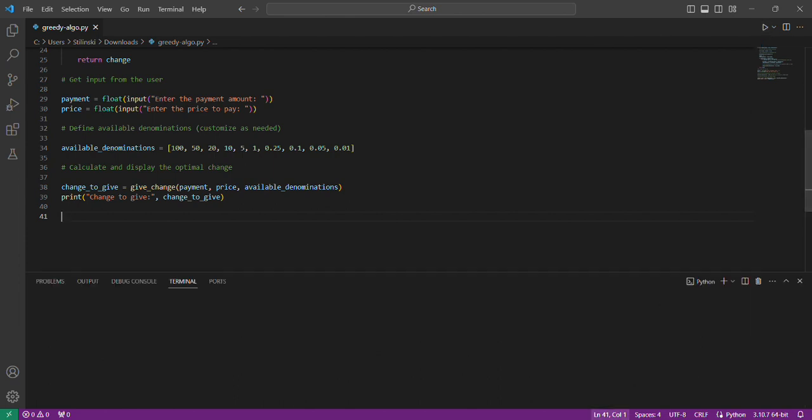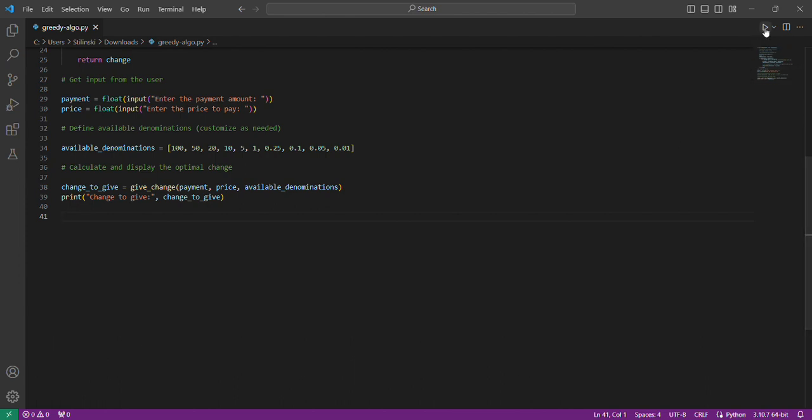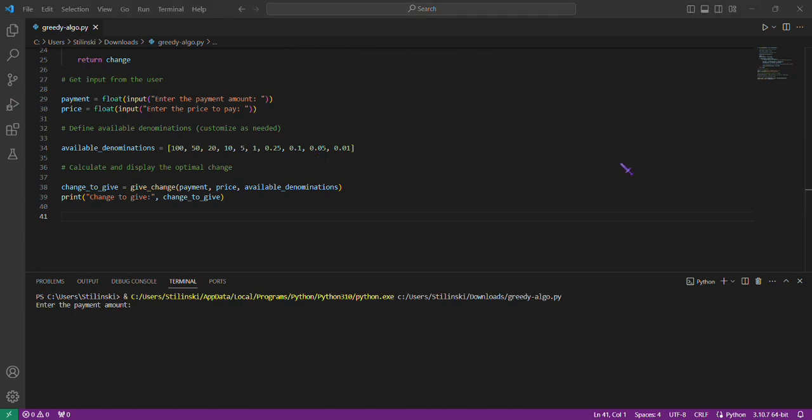The next one is 520 pesos and the price 508.15. Just like before, this will be the total changes. And next is 100 and the price 56.45.